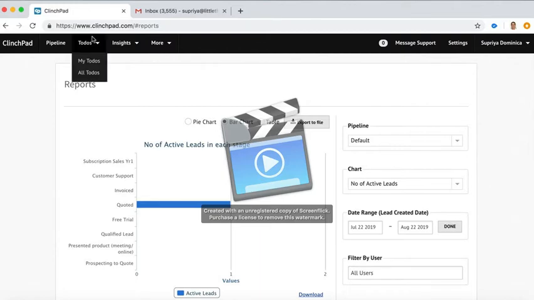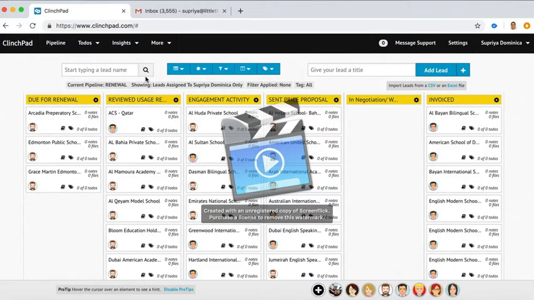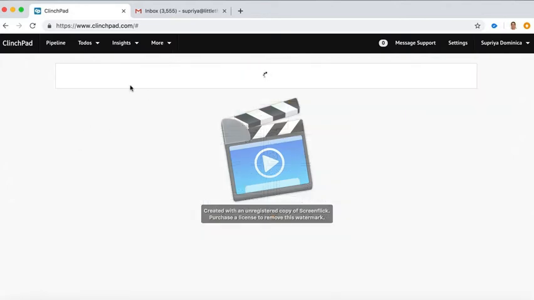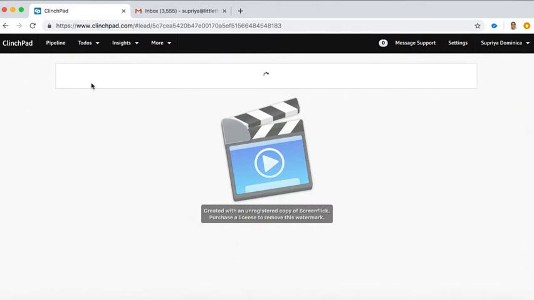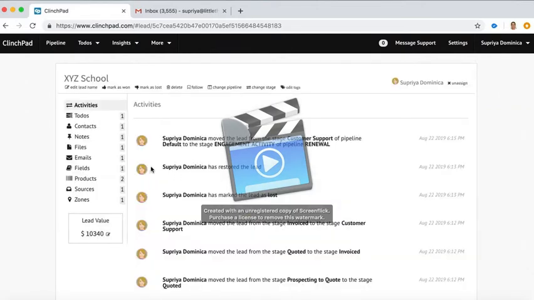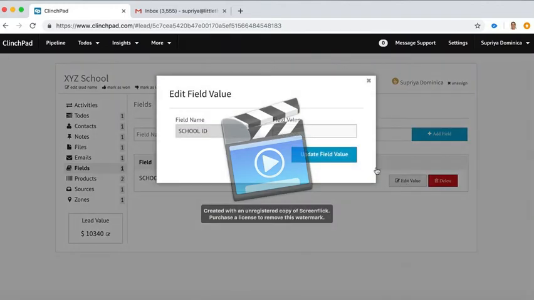Another piece of important information that we now have to start adding, and this is for the data management by Ardash and Lamia, is that wherever your school is, for example, you need to set the school ID. And so let's look for our XYZ school, and here in the fields section there is a section called schools ID. You just edit value, and depending on the ID that you set for the school in the A2 system,